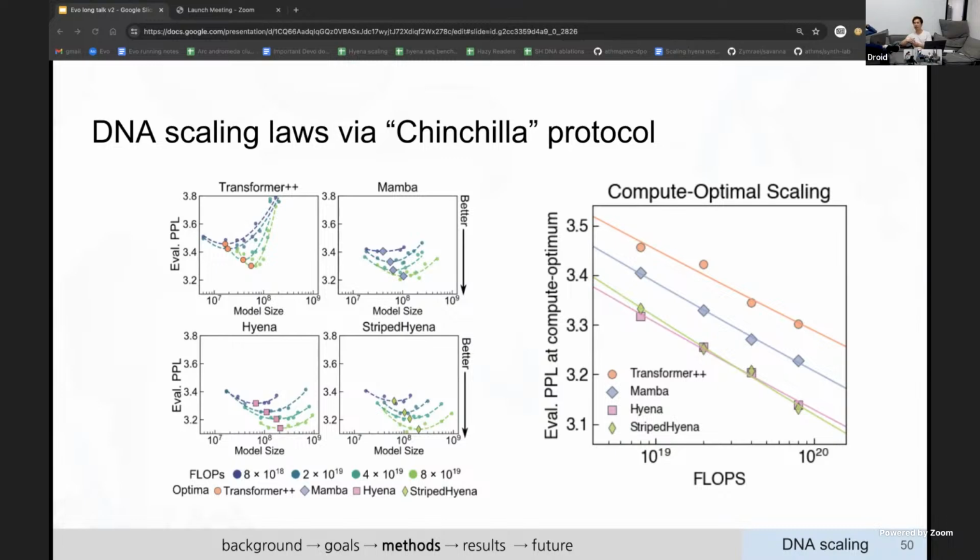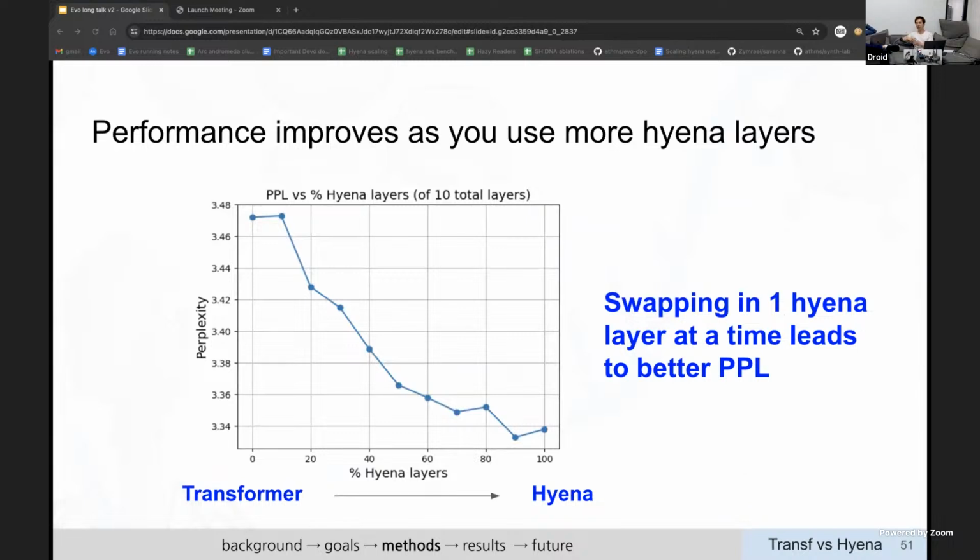The other takeaway is that there was a notable gap between transformers and also between Mamba and Hyena models, where the convention is that transformers are the quote unquote best architecture, used in multiple domains, but perhaps this could be different in DNA. The paper is in review, and some of the reviewer comments were that it's perhaps too surprising or unbelievable that transformers are underperforming, and why is that the case? It's a good question. I think we're still trying to understand ourselves, but we do have some pieces that we can observe and share at least.